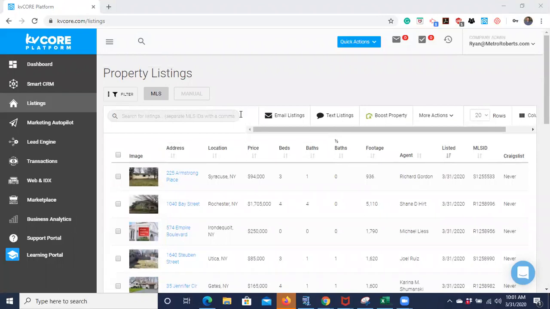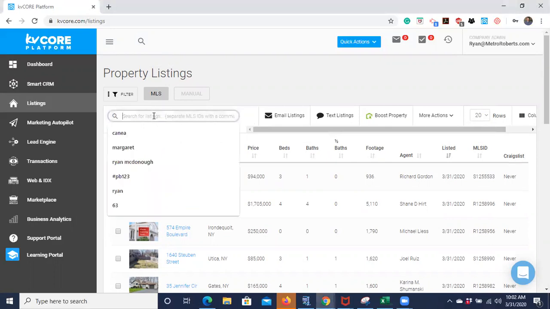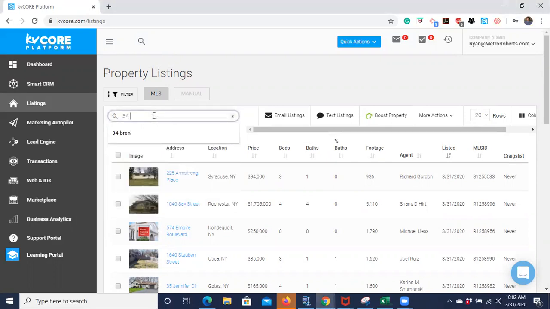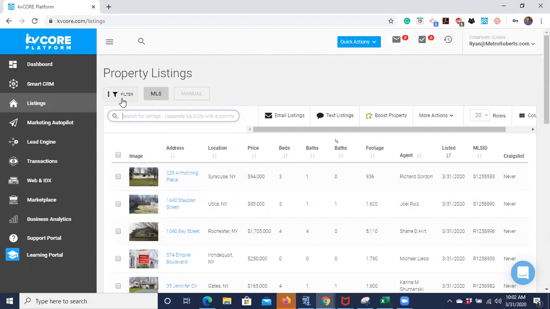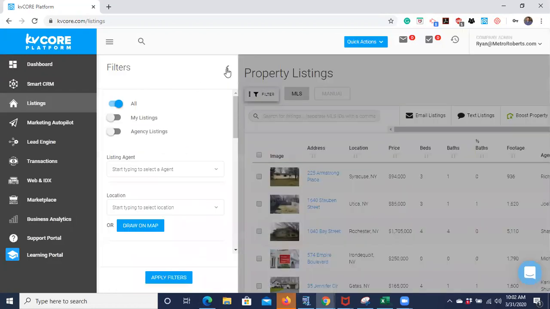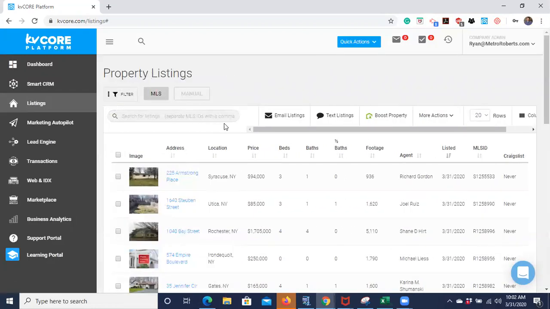So of course you want to search or filter out. To search a property, you would just type in the address or the MLS number. Or if you want to filter out, like if you're working with a buyer, let's first look at the filter option. So going back, right here at the top, right beneath property listings, there's the filter option. So you click filter,